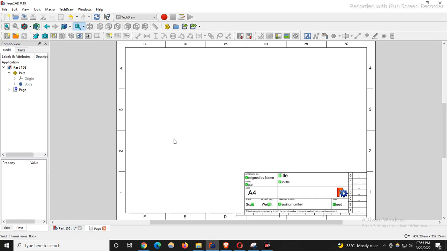In this tutorial I will not go much in depth into FreeCAD drawing, like how to modify sheets or how to take section views. This tutorial will be very basic, on how to place the views and give general dimensioning. So after activating the TechDraw Workbench, you have to insert a default page. The default page will get inserted here, and to place the view,